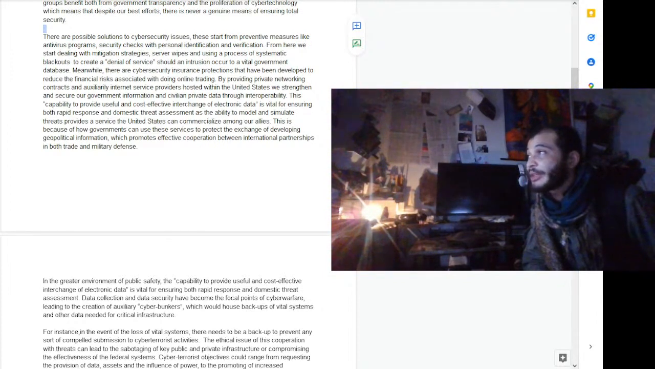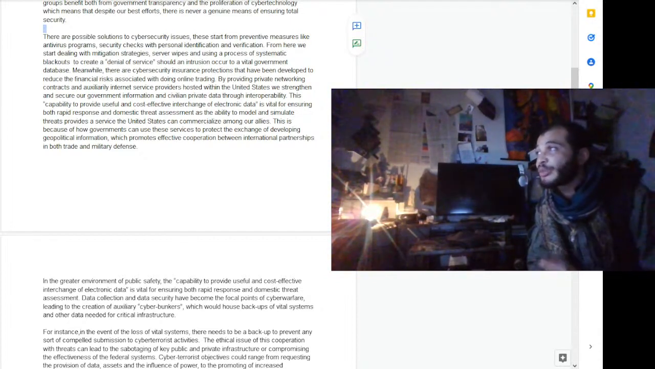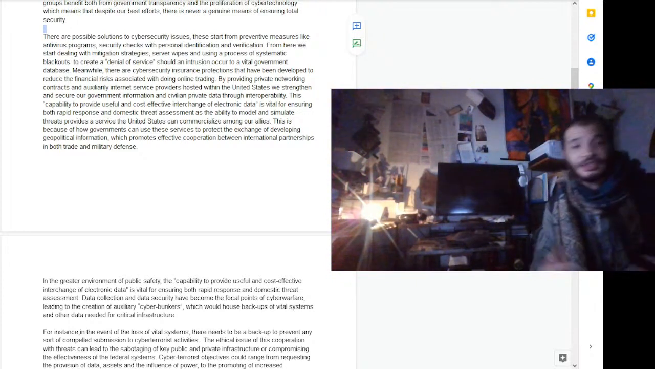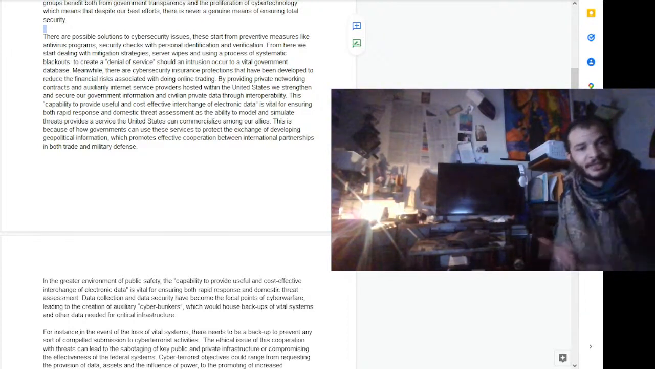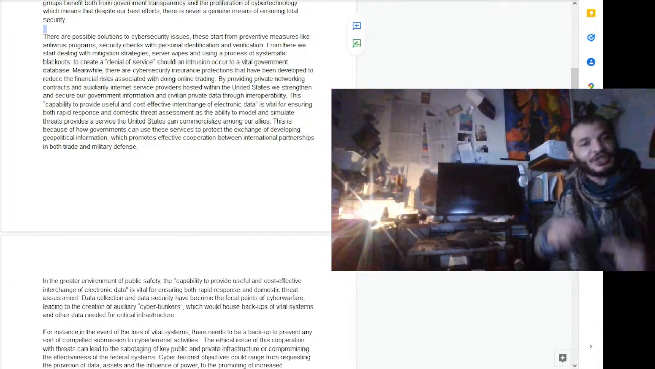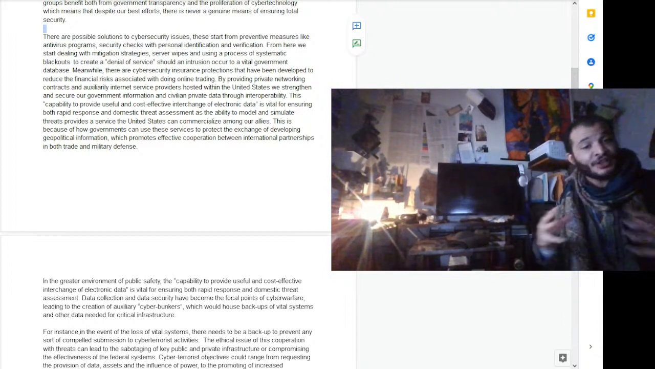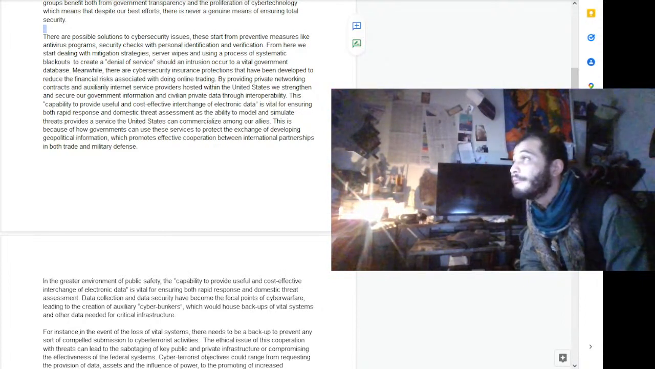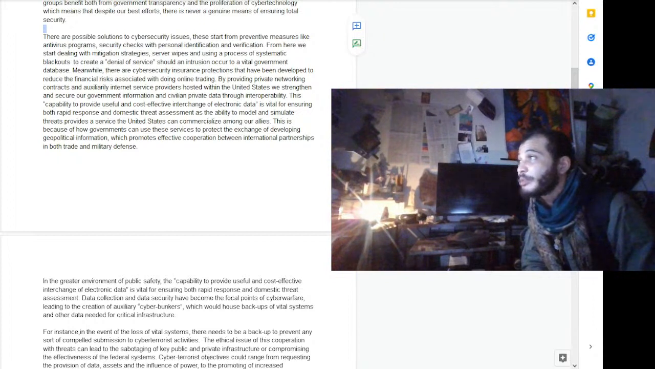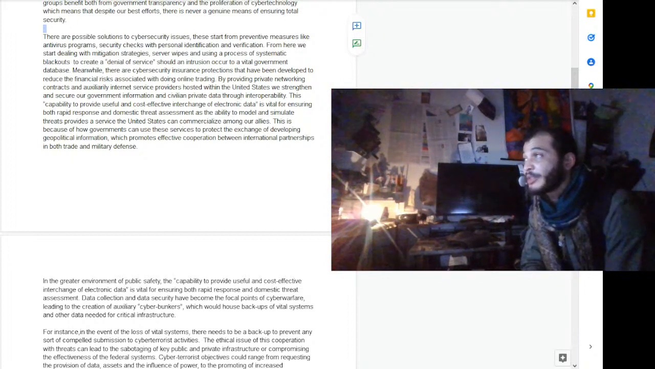By providing private networking contracts and auxiliary internet service providers hosted within the United States, we strengthen and secure our government information and civilian private data through interoperability, which is a huge concept that we've been drilling into our heads in emergency management. This idea that every system, every agency needs to be able to have a shared language, a shared way of being able to interact with each other and communicate and efficiently work together to deal with hazards, emergencies, threats. This capability to provide useful and cost-effective interchange of electronic data is vital for ensuring both rapid response and domestic